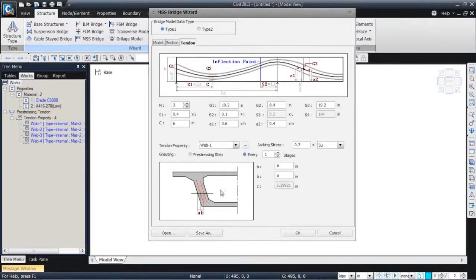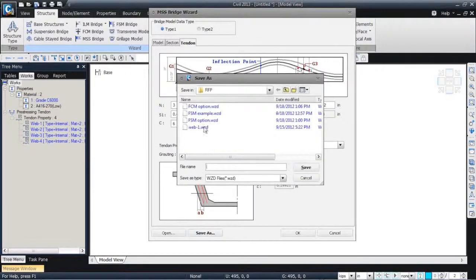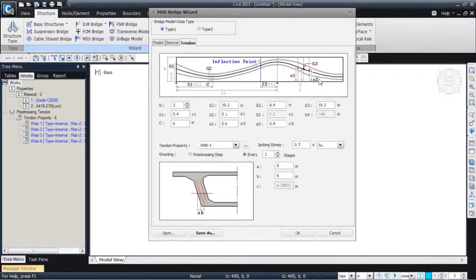and then the tendons can be laid out in different planes. So we'll have 2 planes in the web for post tensioning it. And then you can always save this wizard file for your future references. So you can just hit save as, and then you can save the wizard file with different names and options that you want, so that every time you are trying to create a similar project, you can just open this up, modify the parameters, and you're good to go. So once I hit OK,